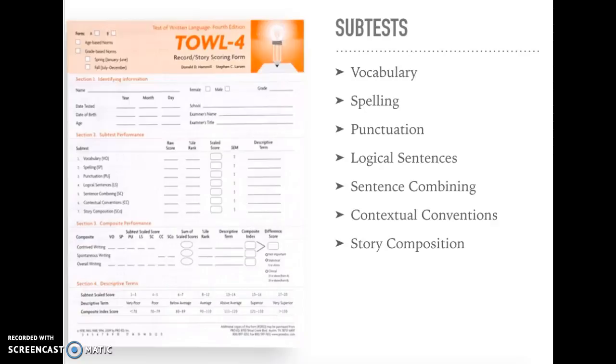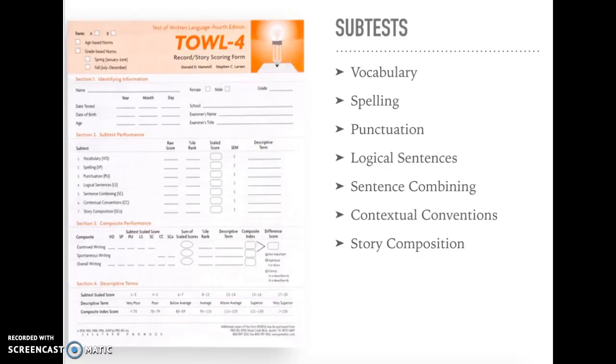The subtests for the test of written language contain the important parts of writing. This includes vocabulary, where the student writes a sentence that uses a particular word; spelling, where the student writes sentences from dictation, making sure to use spelling rules; punctuation, where the student again writes sentences from dictation, making sure to use punctuation and capitalization rules; logical sentences, where the student edits an illogical sentence so that it makes sense; sentence combining, where the student integrates the meaning of several short sentences into one grammatically correct written sentence;